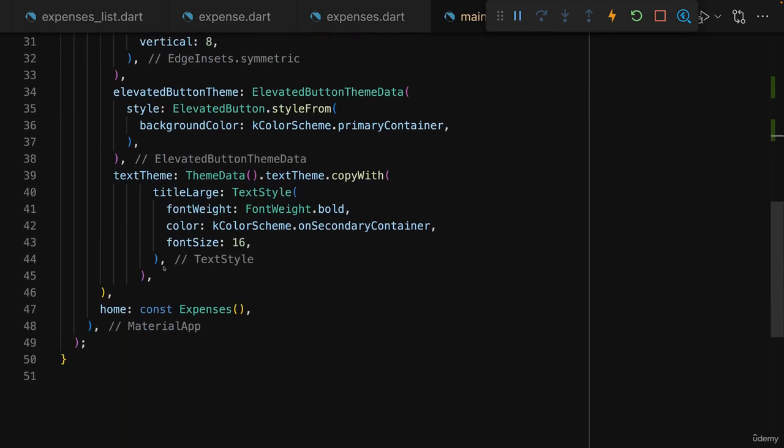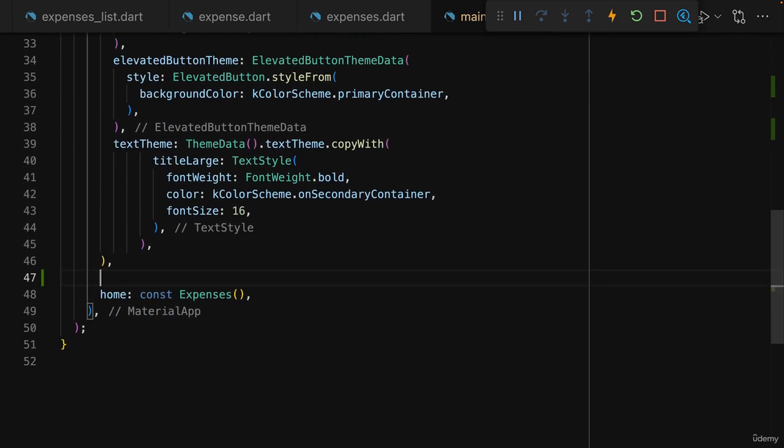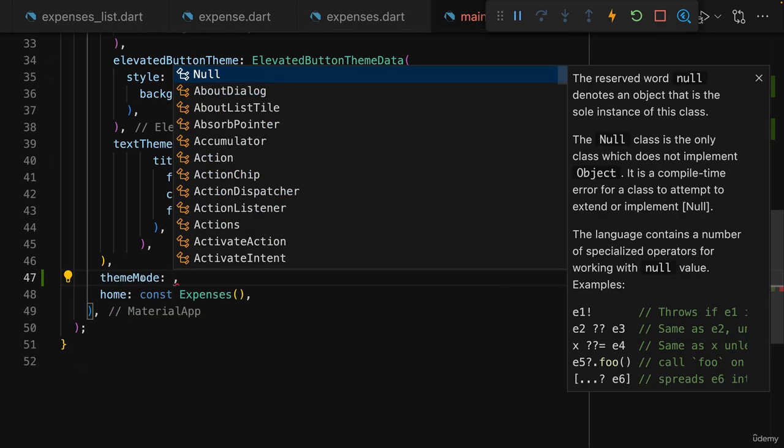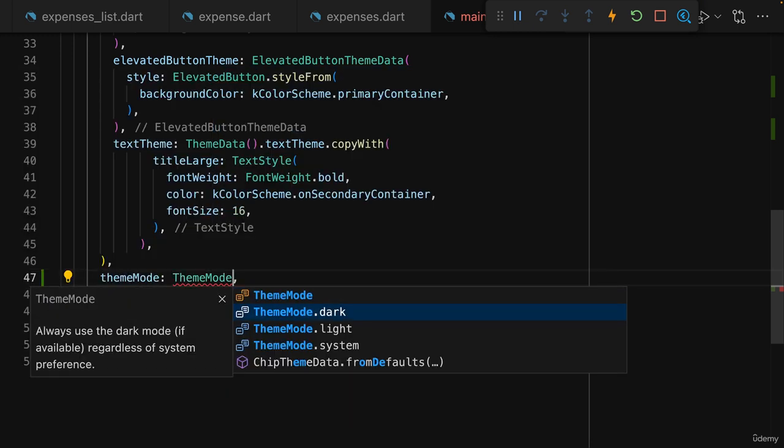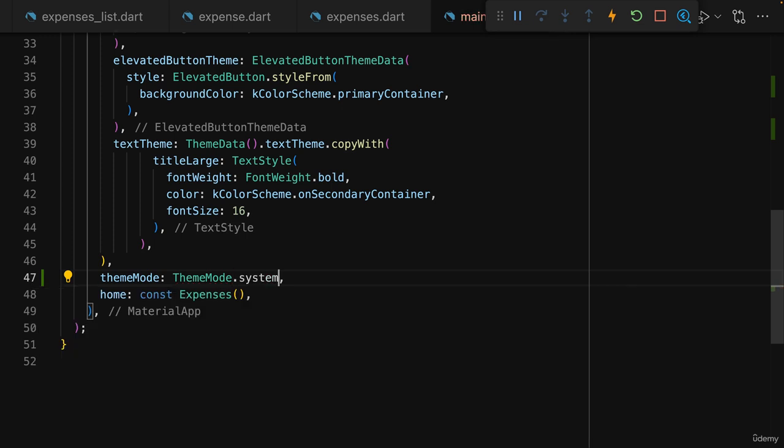And this can be controlled with yet another parameter you can set on the Material app. And that would be the theme mode parameter. Theme mode wants a theme mode object, and here you can actually choose from multiple predefined theme mode values. You can, for example, force the app to always run in dark mode or always run in light mode, ignoring what the user might have set up in their system settings. But you can also use theme mode system to take a look at the system settings chosen by a user and apply the appropriate theme. And this is actually the default, so you don't need to set this yourself,